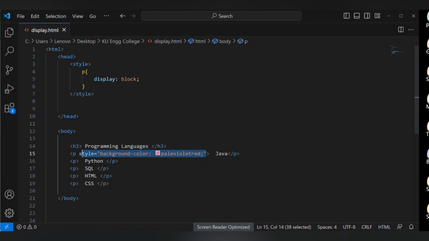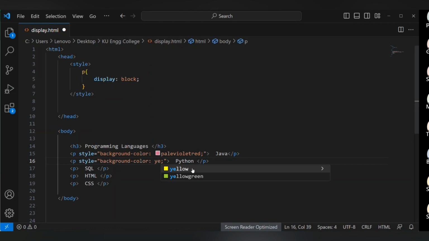So this is known as inline styling. In the line itself, I'm doing it. I'm just trying to show you something because you all are not able to understand the difference this way. Maybe you will get the difference this way. Okay. Yellow and